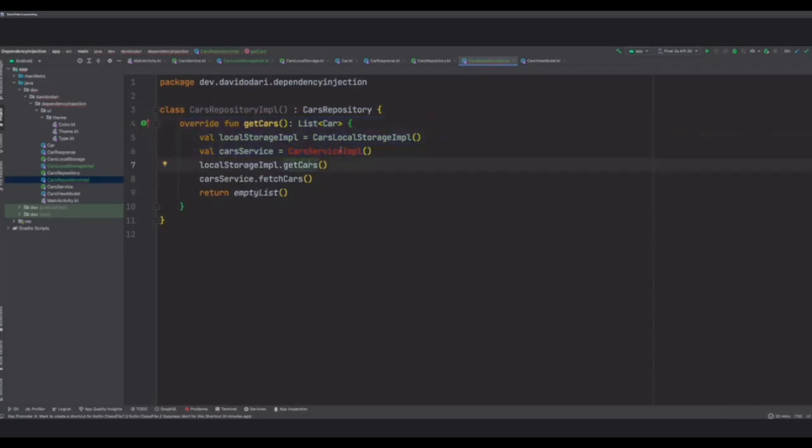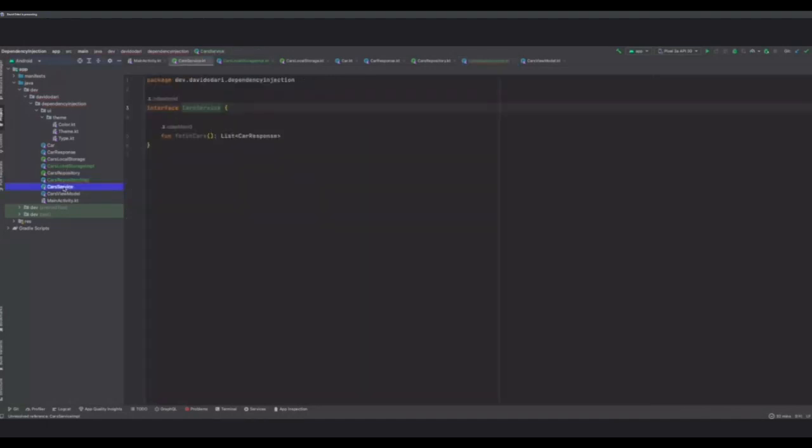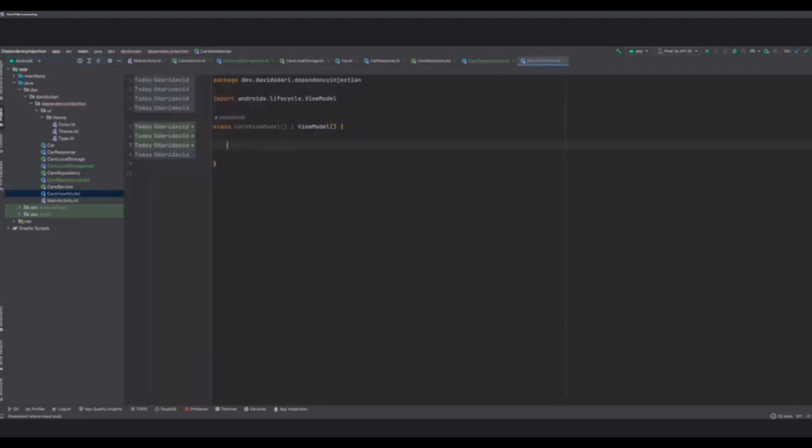If we wanted to use a different service for our cars, we would have to come all the way to the code, detangle this mess and modify the code. This also defeats the purpose of having an interface. Like I described before, the benefit of using an interface is you can swap out things as you want. Now let's come again to the view model, and maybe I need the repository.